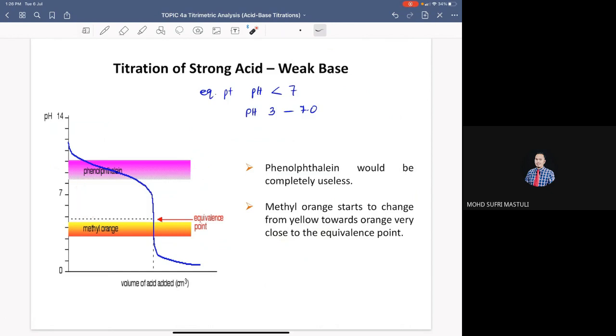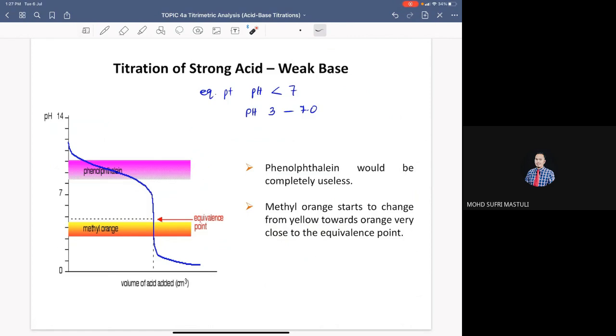So the only option that we can have is methyl orange. When we use methyl orange as the indicator in the titration of strong acid and weak base, the methyl orange will start to change from yellow to orange. So as you can see, the intensity of color from yellow to orange